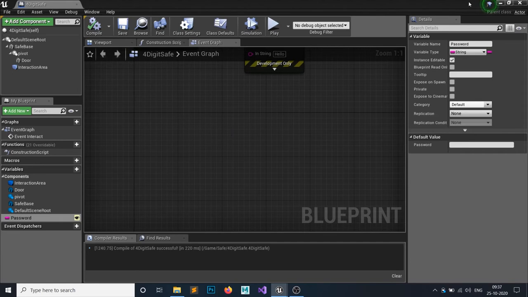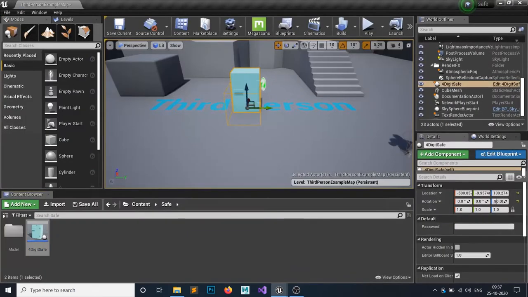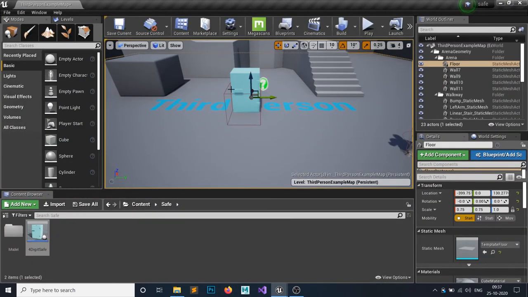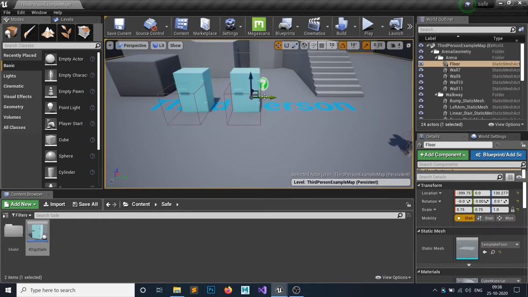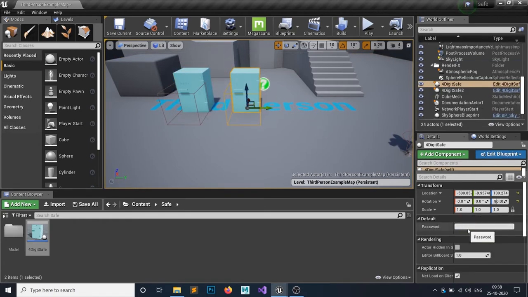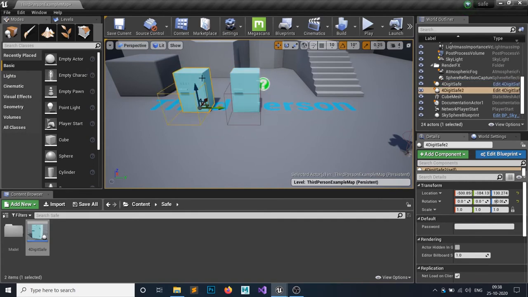So what is meant by instance editable? In the editor, if you click on your actor, you can see a default password. You can edit it here, and if you hold down the alt key and click on this arrow, you can duplicate this. So you can set a password here as well as here.